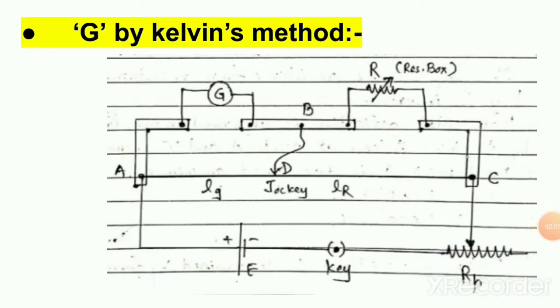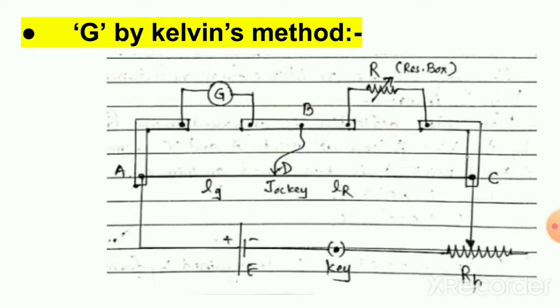Welcome back to the current electricity series, where we have already talked about Wheatstone's bridge or Wheatstone's network, the balanced bridge condition being that the corresponding resistors must be in equal ratio. One very popular application of that we have already studied, and that is to determine unknown resistance by using an apparatus called meter bridge. Well, by using this same apparatus called meter bridge, we can also determine the resistance of galvanometer.